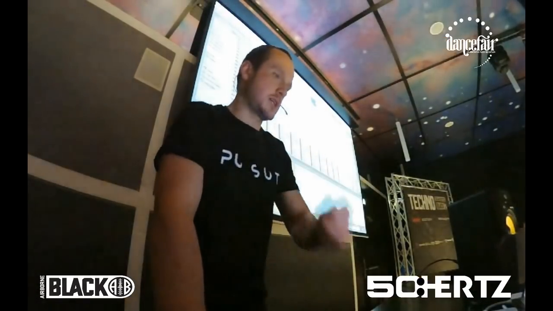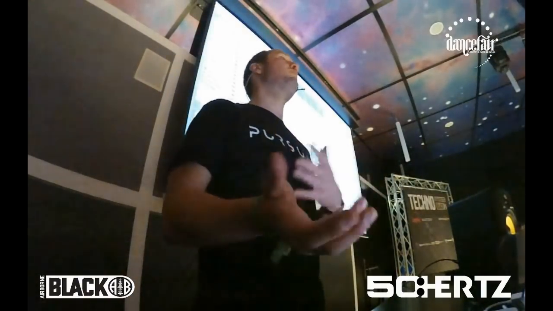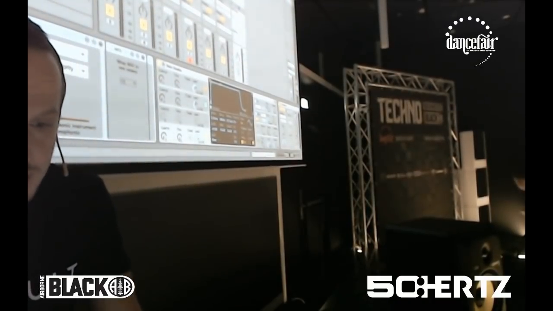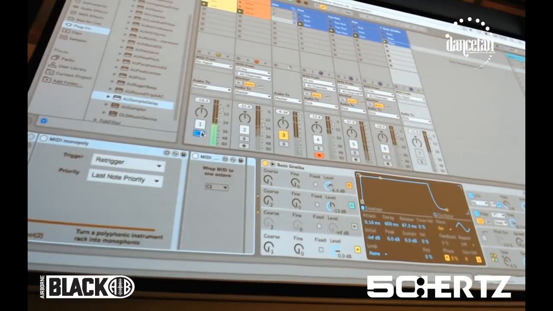Okay, let's do some other sounds. So one of the things that I like to do is, I don't know about you guys, but sometimes you're playing with a lead melody that you really like. For example, this is my lead, and I think, yeah, that's quite good. But I want to put a bass line under it, and that has to follow